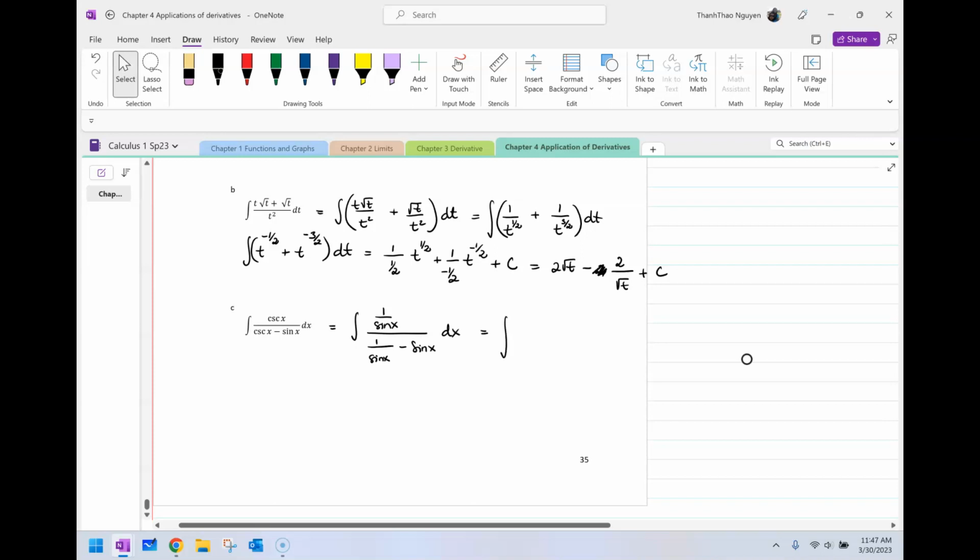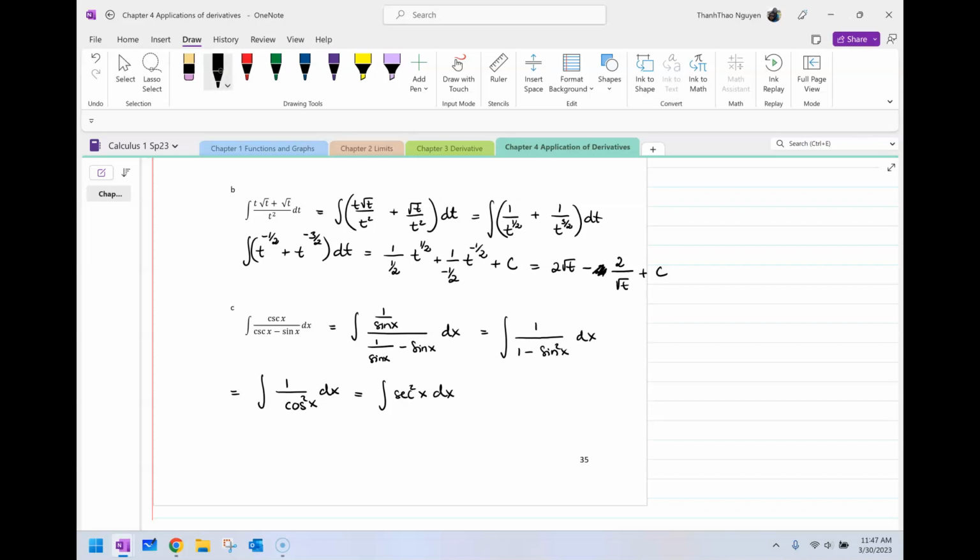This equals 1 divided by 1 minus sine squared of x dx, which equals 1 divided by cosine squared of x dx. That is secant squared of x dx. So what is the derivative that gives secant squared? The derivative of tangent of x equals